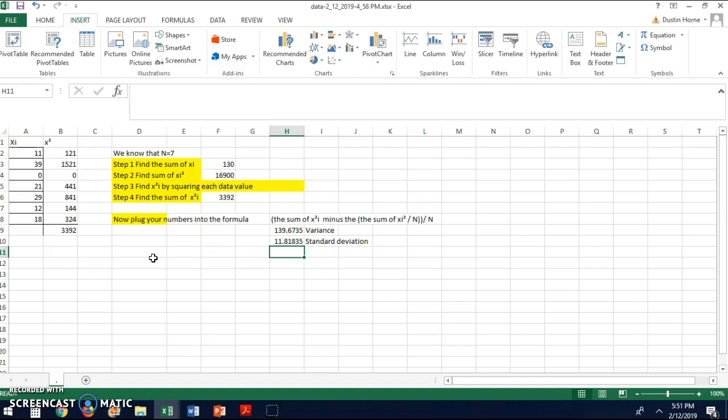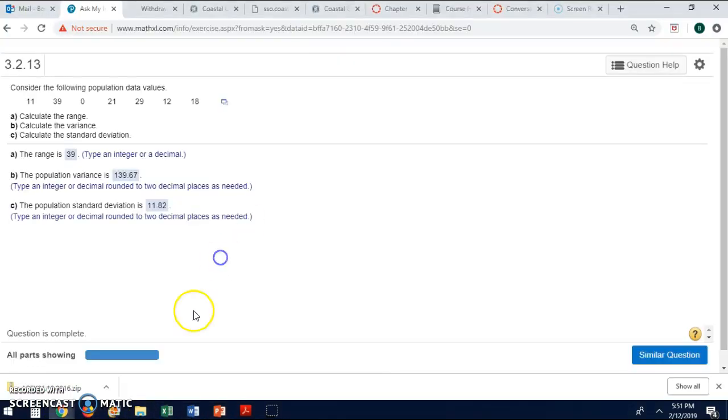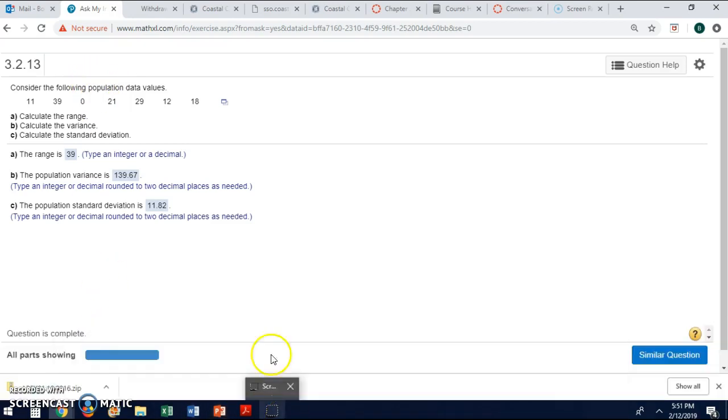Now, as far as finding the mean, regardless of whether it's the sample or the population, you will find the mean in the same way. And then if they want you to calculate the population variance, they will have to tell you that. That will be in the problem. If it's sample, they may not say sample, but if it's population,